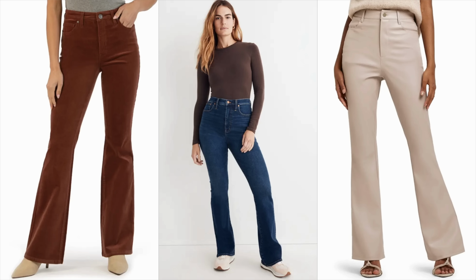But I really, really love this trend because I think it is flattering on every body shape. And a lot of people ask me if it will go with their body shape and if it will go with their age. And I really think that anyone can wear a flare. And I'm not talking the big wide bottom flares. I'm talking about more slim flares, which most of them are right now, that just come down, and they're just